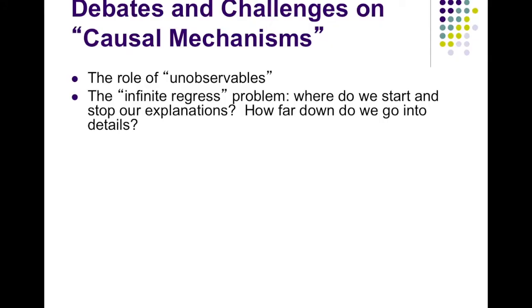This relates also to what we call the infinite regress problem. How far down do we have to go? How small a slice of space and time do we have to go to get to some kind of ground mechanisms? And I don't think there's a universal answer to this question. We can model mechanisms within mechanisms within mechanisms, and how far down we go into smaller slices of space and time just depends on what we're interested in and what we're trying to explain. Right? So I don't think there's any universal answer to that question. We just make pragmatic choices about how far down we're going to go.